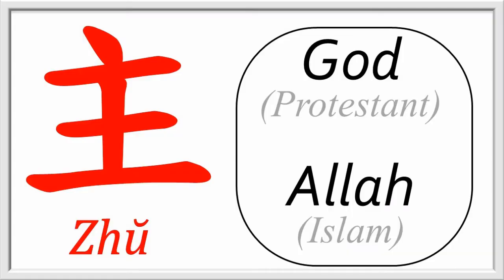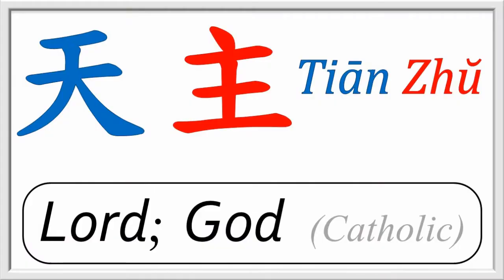And then we come to religion. The word used by Protestant denominations for God or Lord, or the word for Allah in Islam, is simply 主. Catholics, on the other hand, prefer to say 天主, Heavenly Lord. As an aside, Jesus Christ is translated as 耶稣基督. 耶稣 is easy enough to decipher as Jésus in Western languages, but Christ, the Anointed One in Greek,